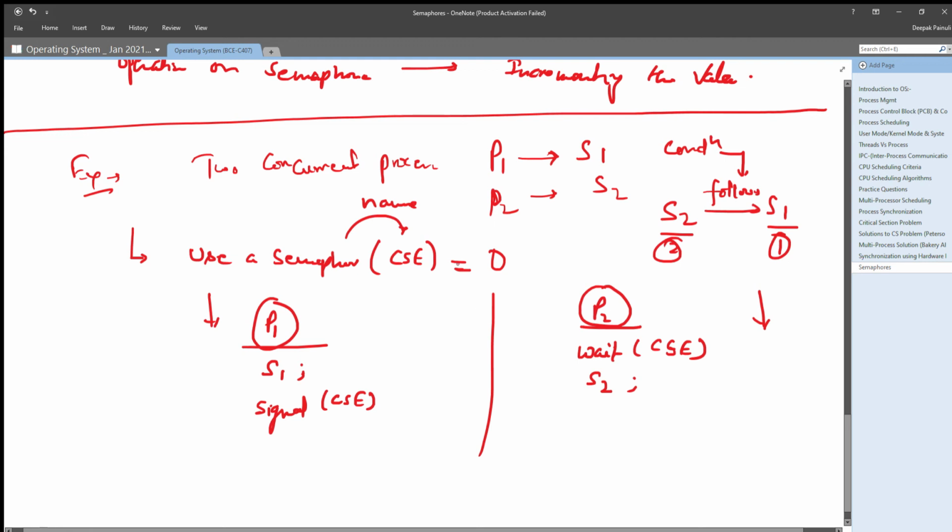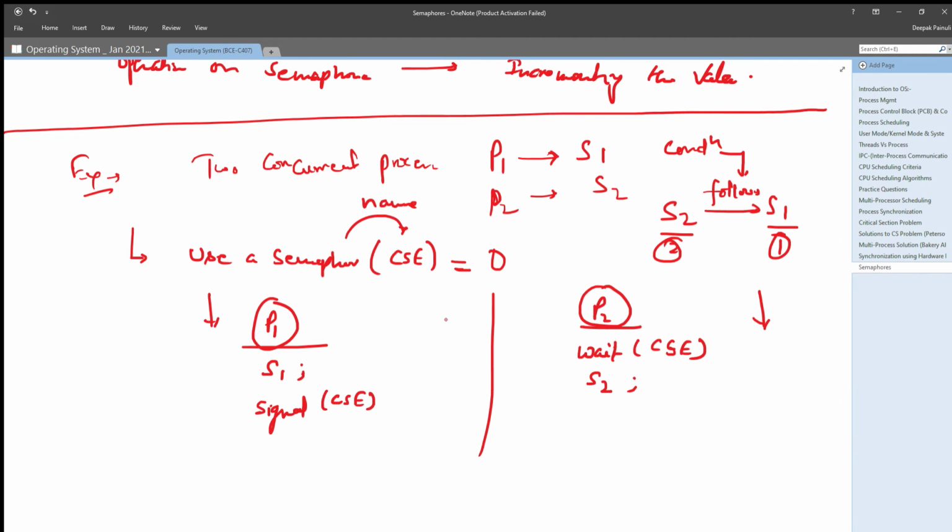Now if both processes want to execute their instructions at the same time, they will be locked using signal and wait operations. That means this sequential execution of S1 then S2 will be provided using the wait and signal operations.